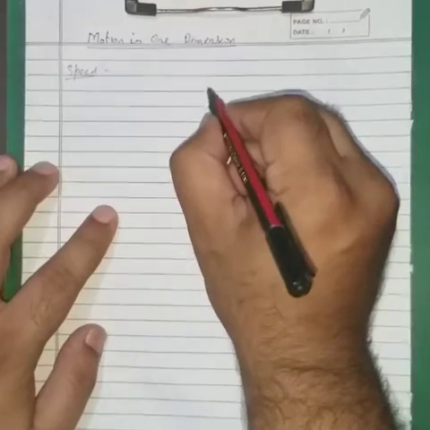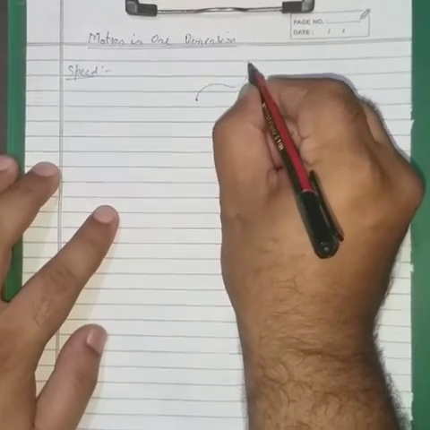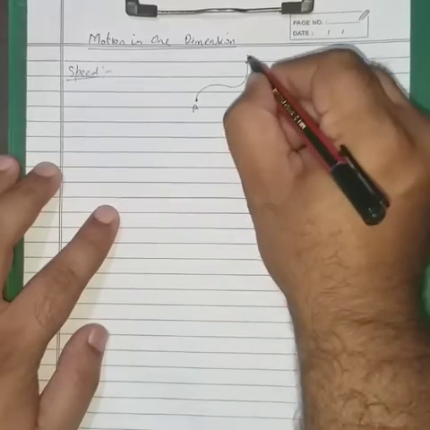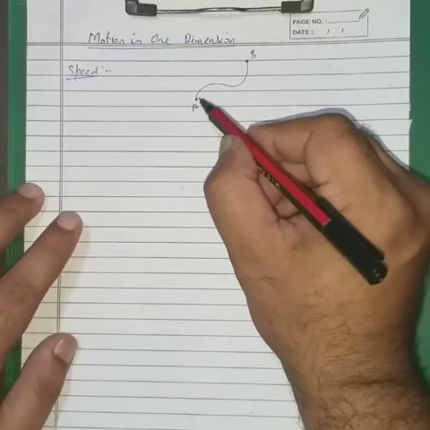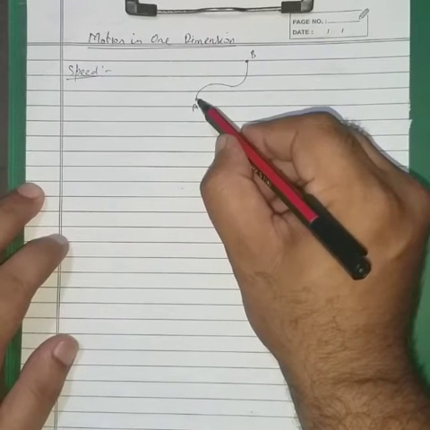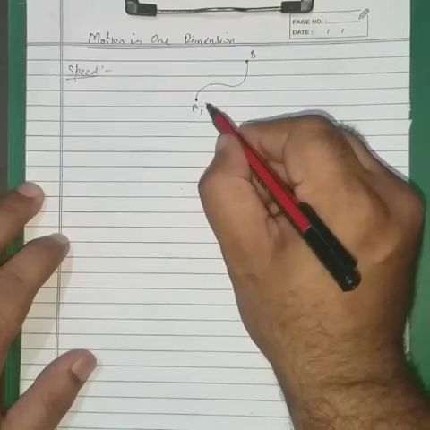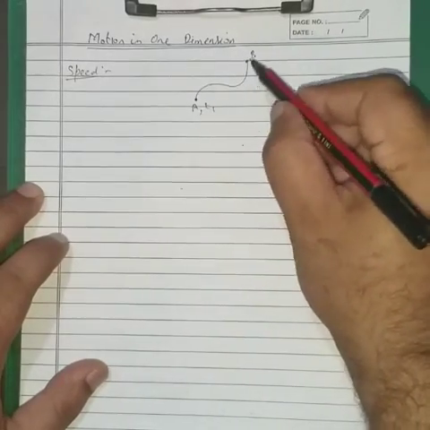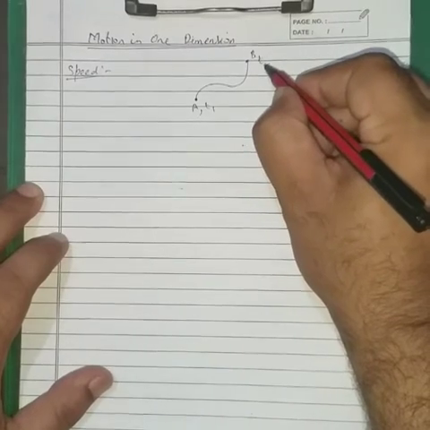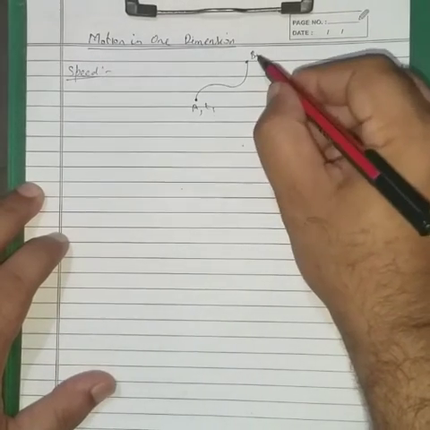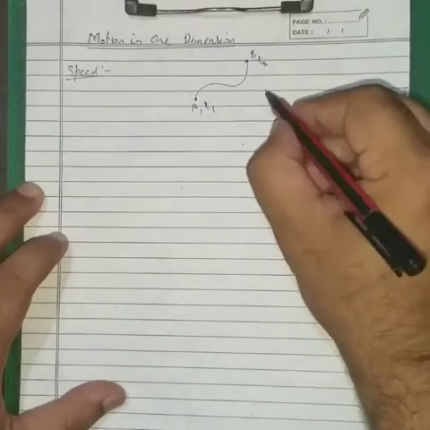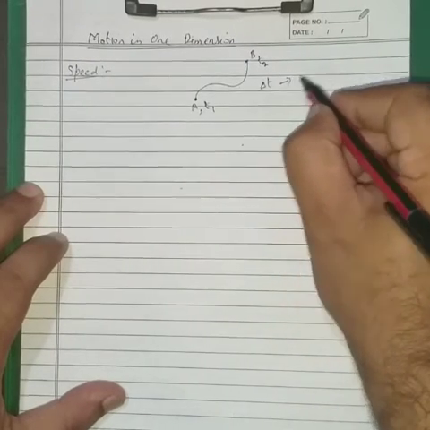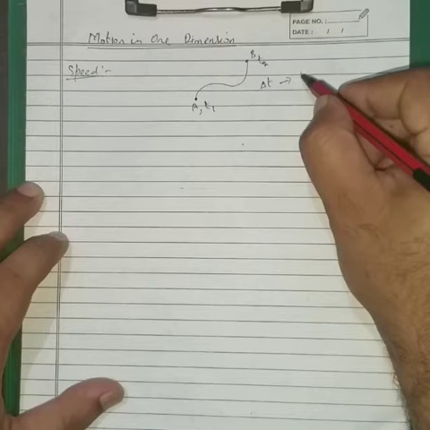Now our next topic is speed. Let us say that some object moves from point A to point B. Any body can be at a particular position at time t1, and if there is a change in the position, then there will definitely be a change in time also. Means if a body has traveled from point A to B, then definitely the time will change from time t1 to time t2. So there will always be some interval of time between point A and B.